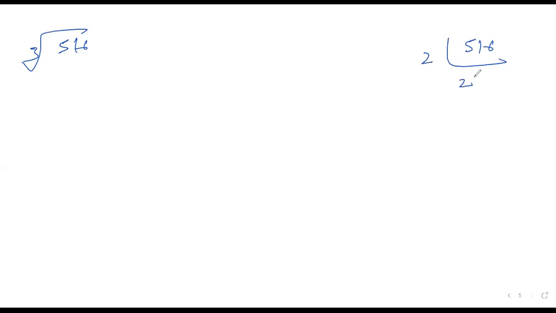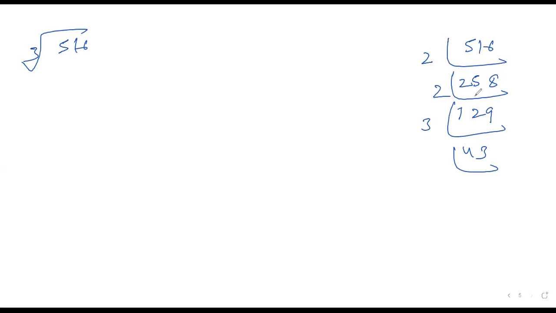2 2s are 4, 2 5s are 10, 2 8s are 16, 258. 2 1s are 2, 2 2s are 4, 2 9s are 18. Am I clear or not? Okay. Next, 3 4s are 12, 3 3s. Next there is no 43. Is there any possibility for 43? No, it is not possible. 43 is not at all.